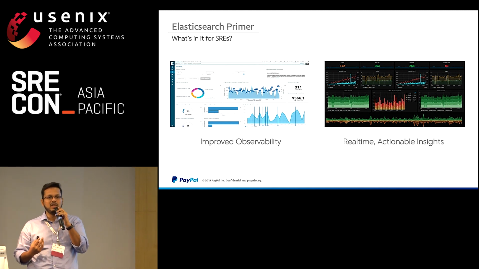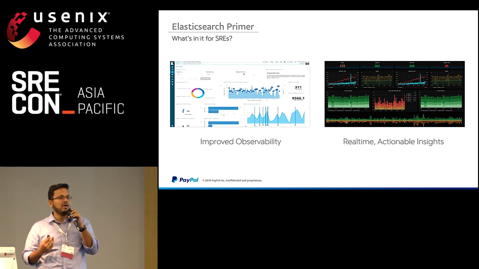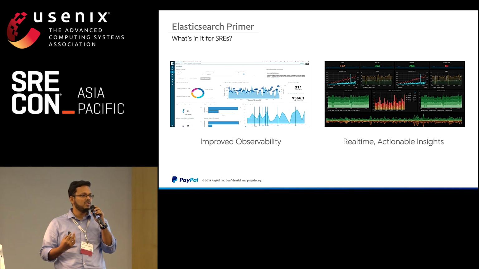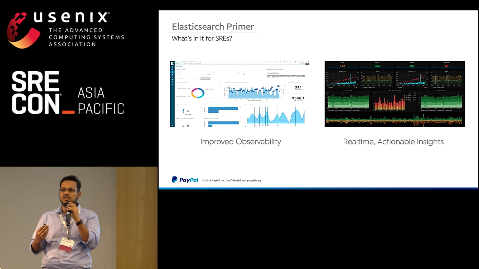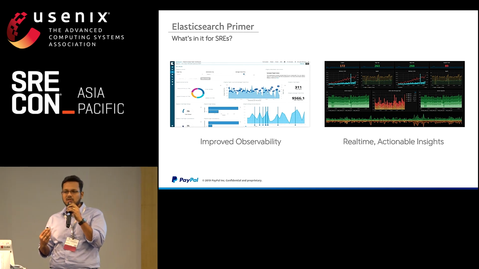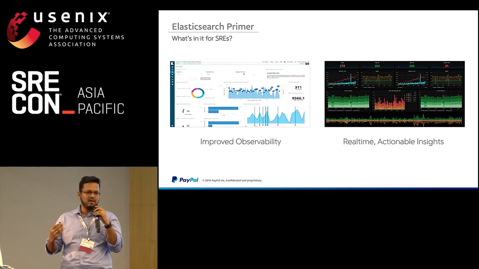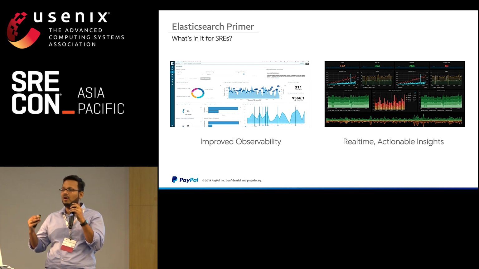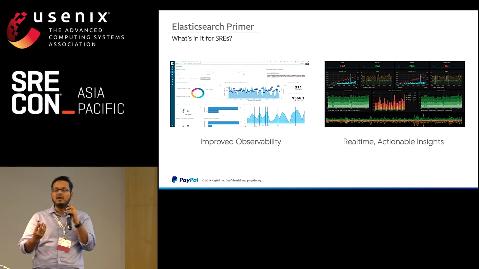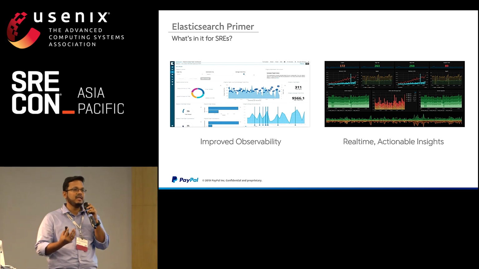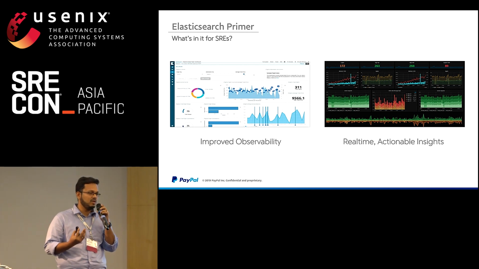One of the things is that in our effort to build observable systems, we need to make sure that we collect all our telemetry in a single place. That also gives us the ability to do things at scale. So think about collecting all your logs, errors, and metrics across your entire ecosystem of microservices into one place and building dashboards. That's something you could do really easily with Elasticsearch.